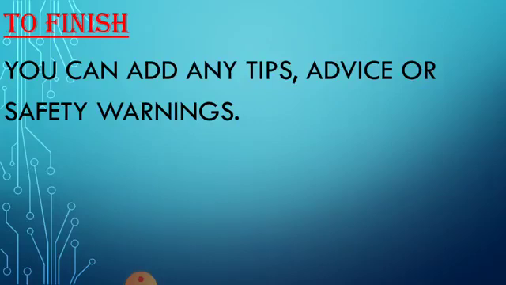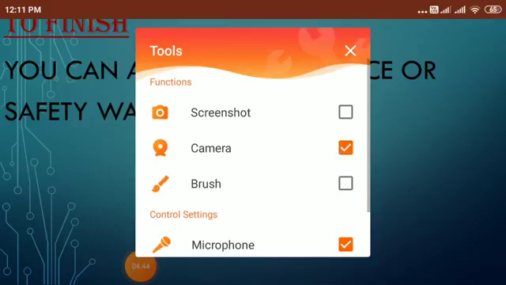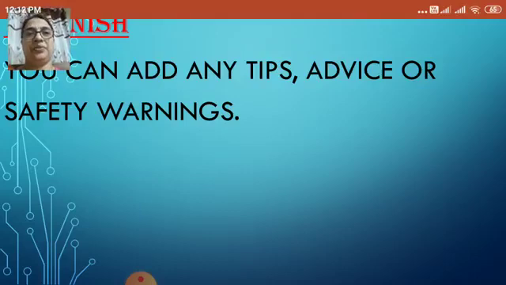So these are all the points we have to remember while writing a procedure. What all things have we studied, children? The first important thing is the title. Then you have to write the list of materials used or the ingredients. Then next, method, and then last, to finish. These points we have to remember when we write a procedure for a given question.